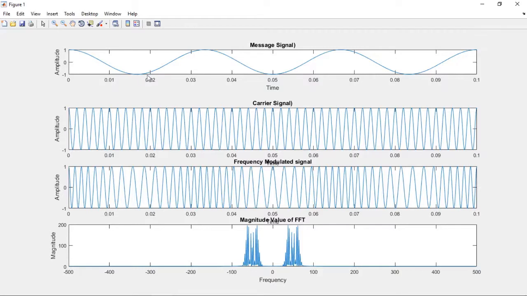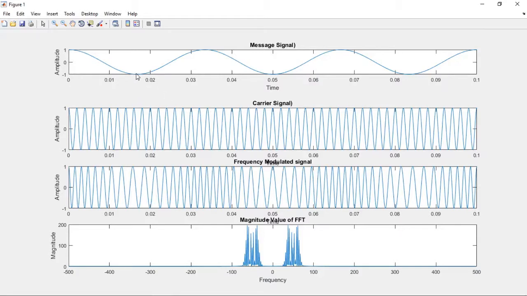During this interval of the message signal, the message amplitude is increasing. When the message amplitude is increasing, the carrier frequency also increases. That means the cycle duration decreases. Observe, this is the point where the message signal has its maximum amplitude. So at that particular point, the frequency of the carrier cycle is higher.